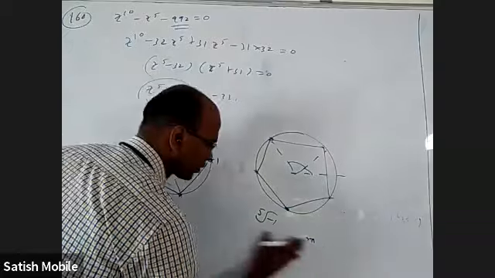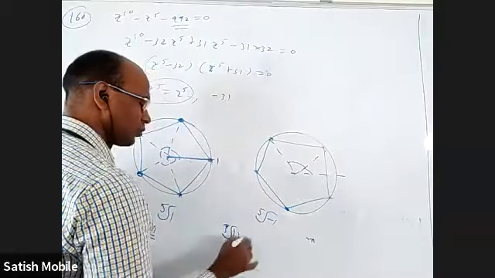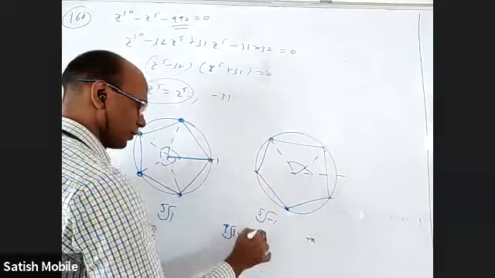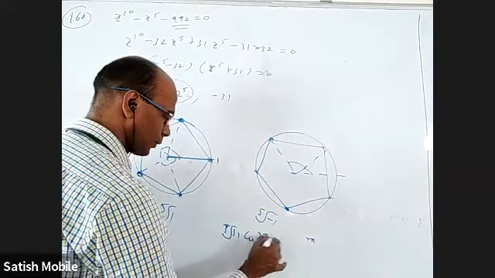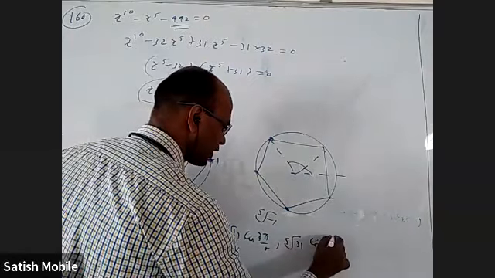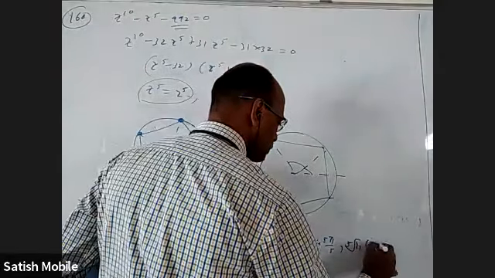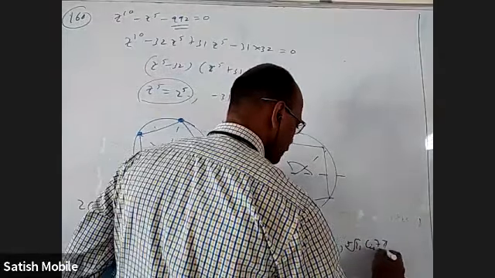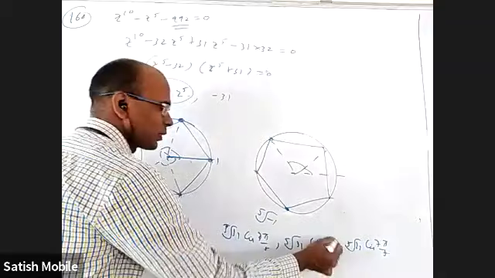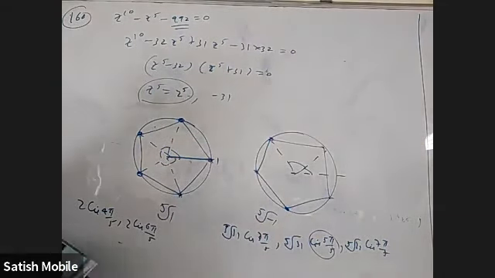Okay. Let me write in order. This is going to be fifth root of 31 into this 3 pi by 5. This is going to be fifth root of 31 into this 5 pi by 5. And then fifth root of 31 into this 7 pi by 5. This is going to become minus 1. That's how this point will come. Okay. So I got 2 here, 3 here, 5 roots. That's it. I don't want to find the roots. From the figure only I can tell.